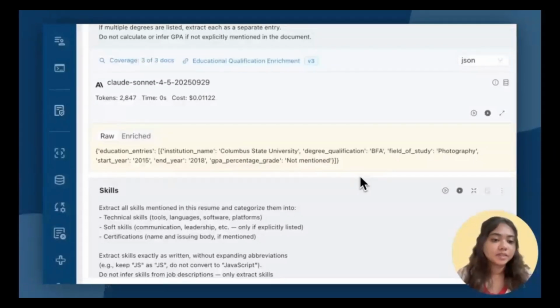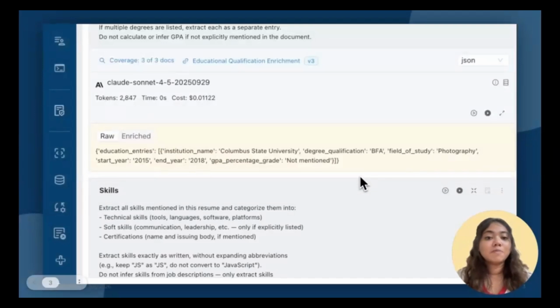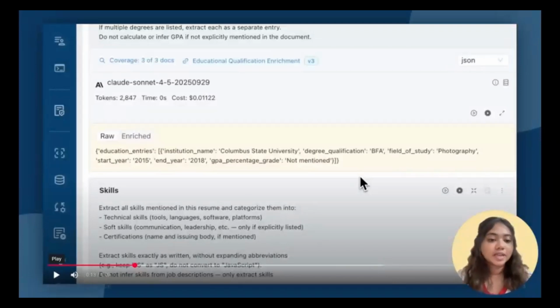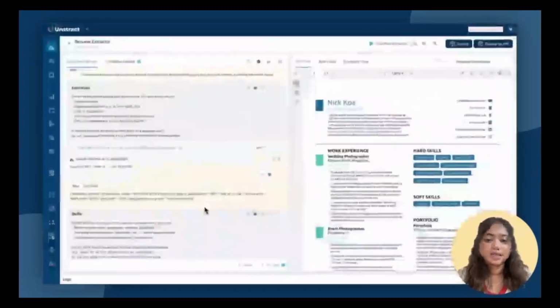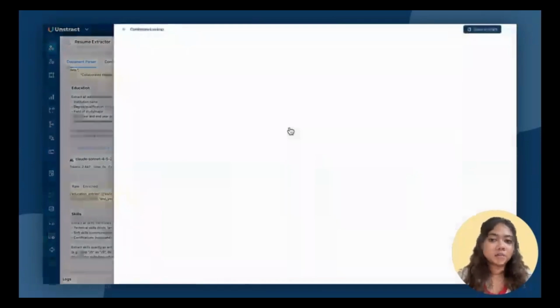But let's say my business systems require the full format. So traditionally what I would do is take this degree qualification that's extracted and pass it on to an external webhook where it would match this abbreviated version with the full form and return the full form, which will then be sent to the destination system. Now, instead of sending this to an external webhook, we'll see how this can be set up and maintained using the built-in lookups. So for that, just click on the hamburger icon in your prompt and you'd have the option to set up or edit lookups.